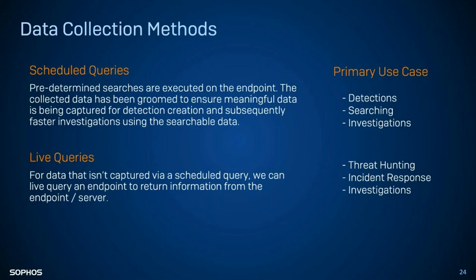Through leveraging these two mechanisms, we have the ability to perform scheduled queries. These are searches that are executed periodically. Some of them run every 20 seconds to pull back process executions and network traffic. Some of them run every hour, maybe that's around user data. Some of them run every 4 hours. That might be around file activity or registry modifications. So we have all of this data available to us through these pre-canned queries that are recurringly running on these